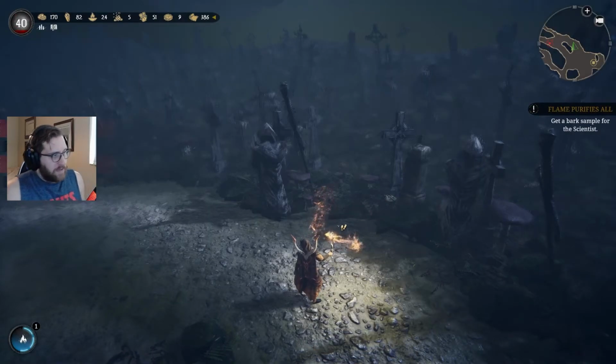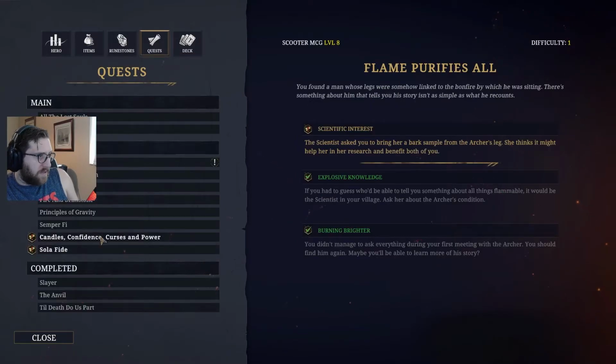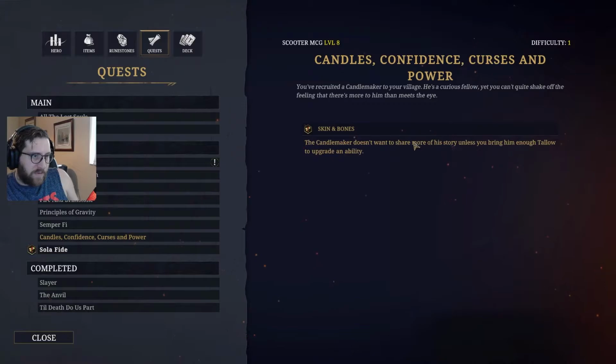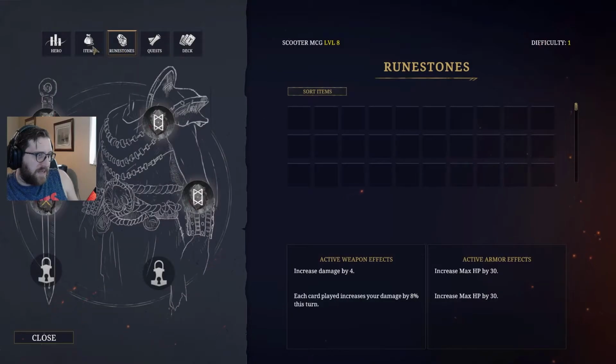Interesting. Alright. Quest. Candlemaker doesn't want to share more of his story unless you bring him enough tallow to upgrade an ability. Okay, easy enough. Seems that the insane worshippers aren't exactly worshipping the correct deity, at least not from the looks of it. You were approached by a strange voice when you laid a proper sacrifice to their idol, and the voice scorns them all, hoping that you'll be the one who can help it somehow. Okay. Easy enough. And then...